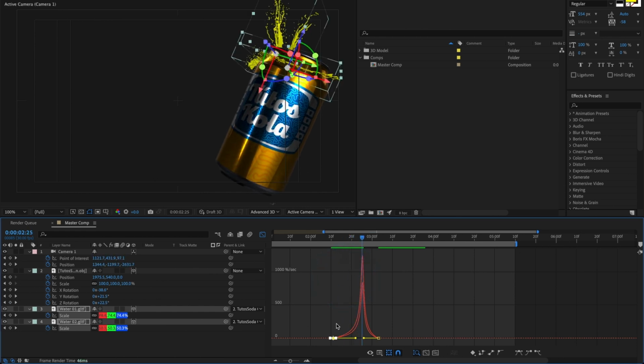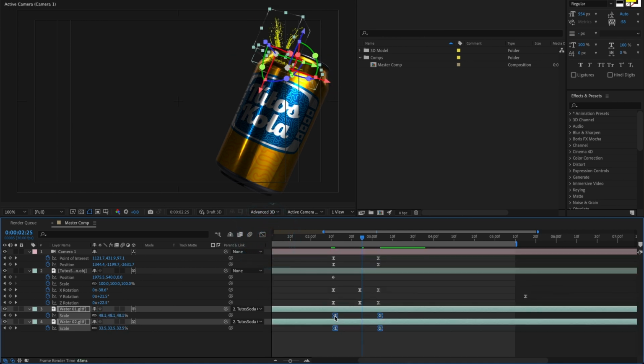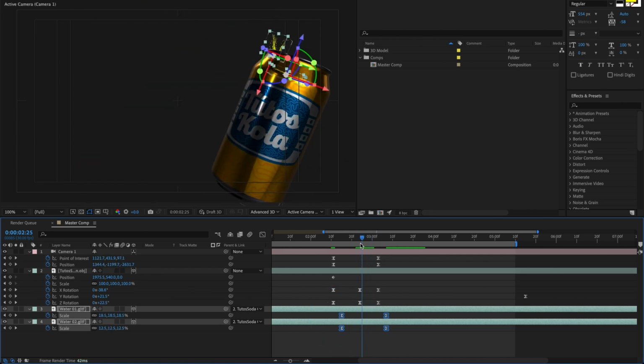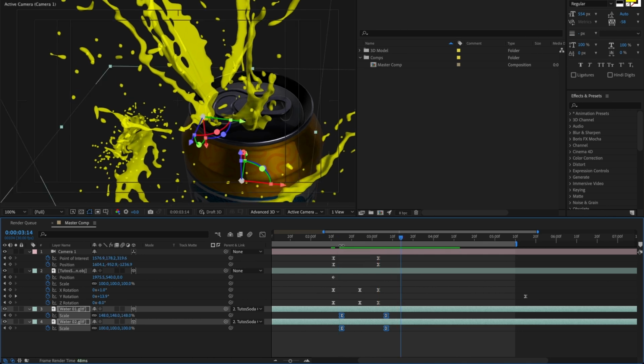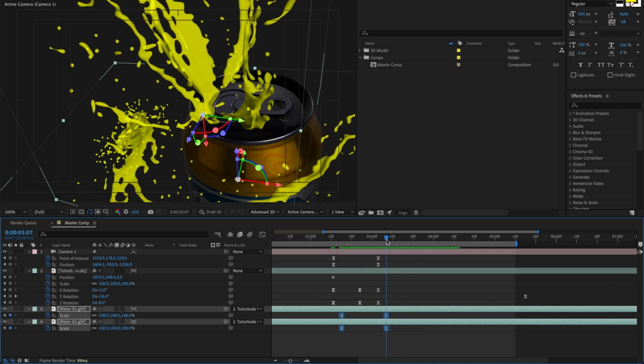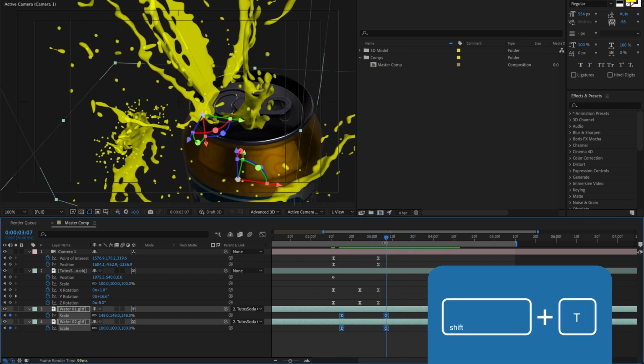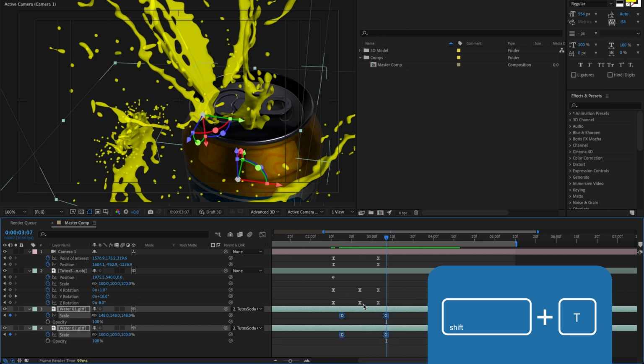Okay, this is looking good. I'll select the 4 keyframes again and push them further down the timeline. Alright, this looks good. I'll move my marker here and press Shift and the letter T on my keyboard to